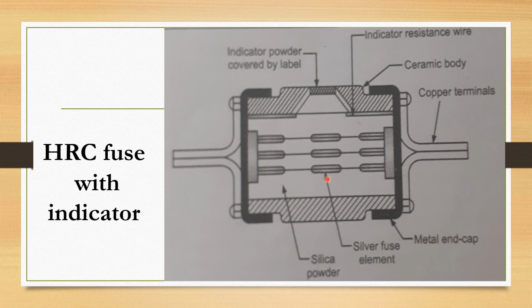When any fault occurs, the fine wire is automatically fused, resulting in the combustion of the explosive material which is filled inside this particular area. The combustion of the explosive material indicates that the fuse has blown out, and this is how we can understand that the fuse is not in use now. You need the replacement of this particular unit.